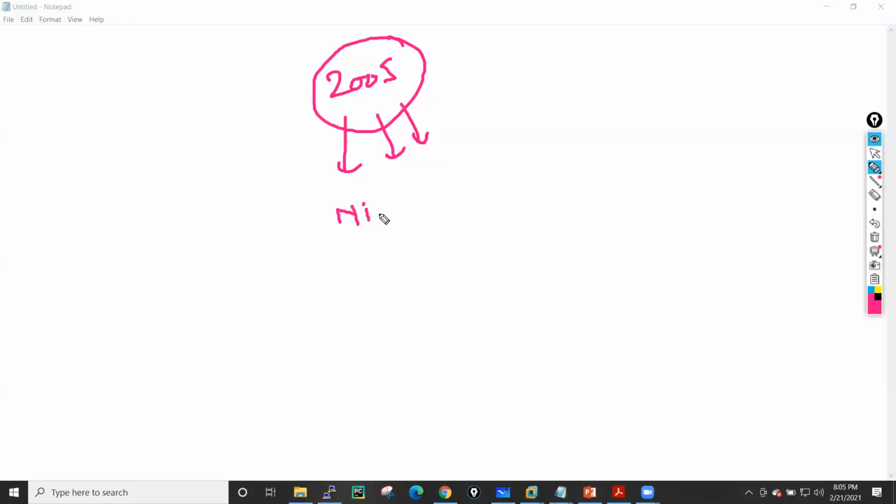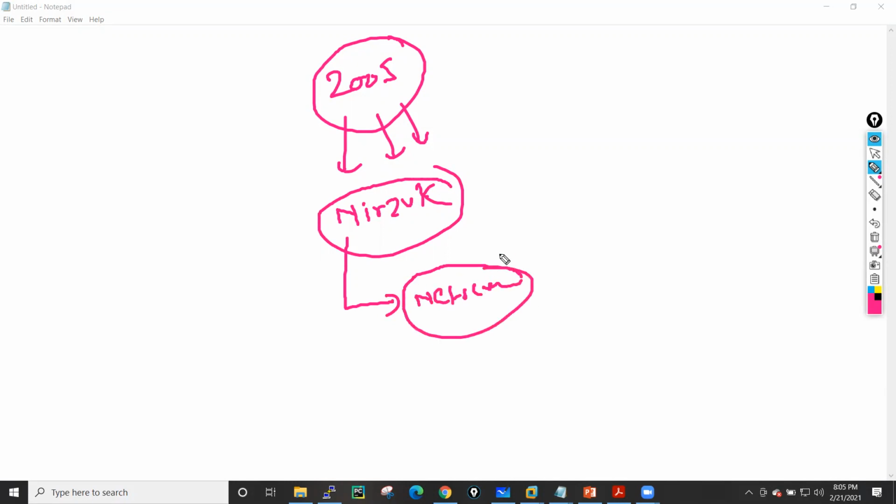So this Palo Alto firewall was introduced in 2005, and the developer of this particular firewall is a guy whose name is Nir Zuk. So Nir Zuk is the developer of Palo Alto firewall. Let me tell you about Nir Zuk. He first served at NetScreen. He was a tech engineer at NetScreen. He worked there a few years, and after that he switched to Checkpoint. So he worked at Checkpoint as well.